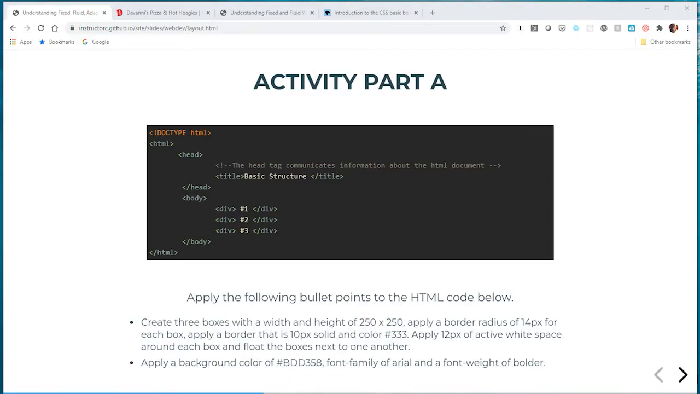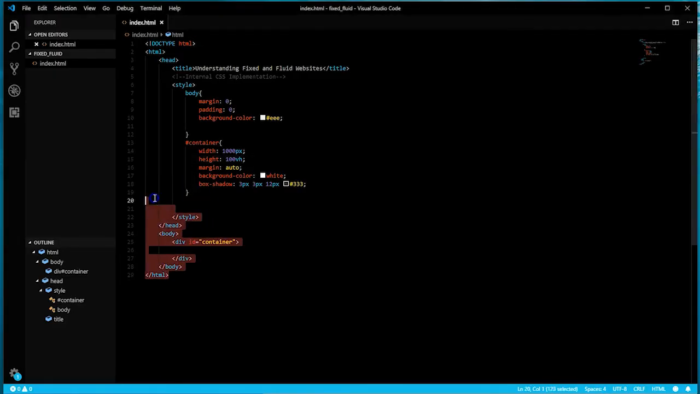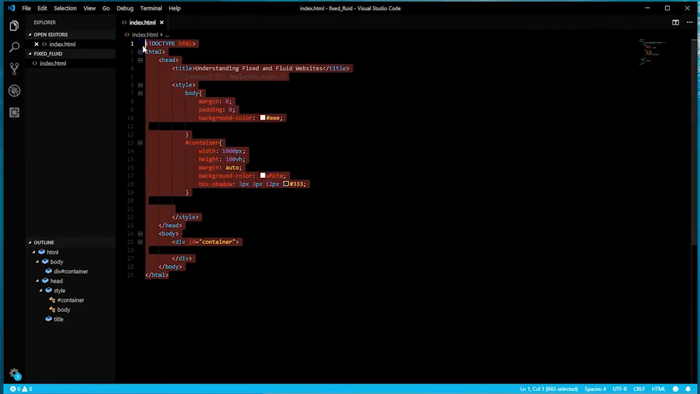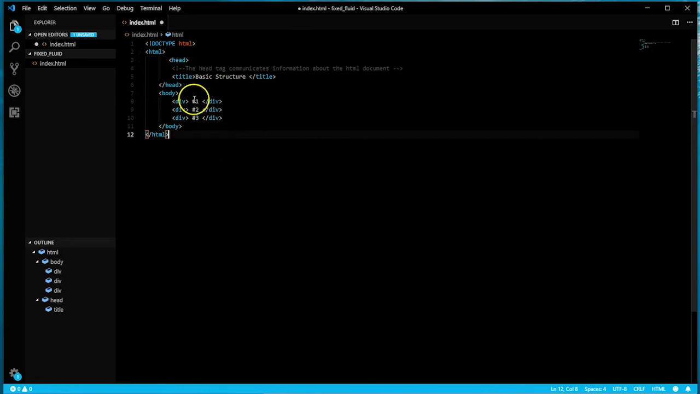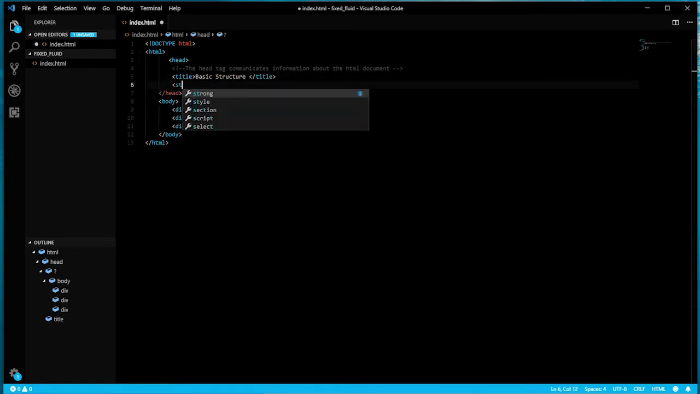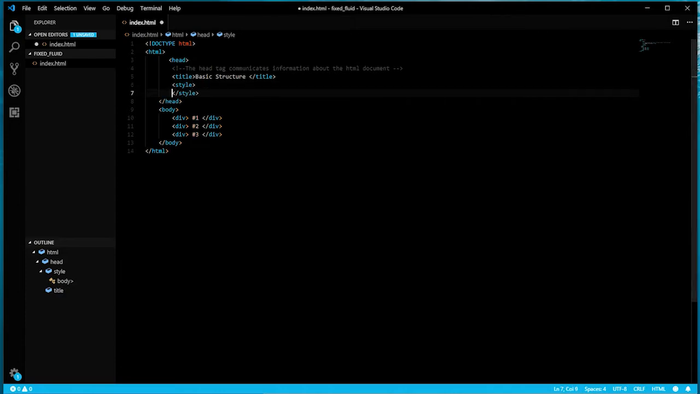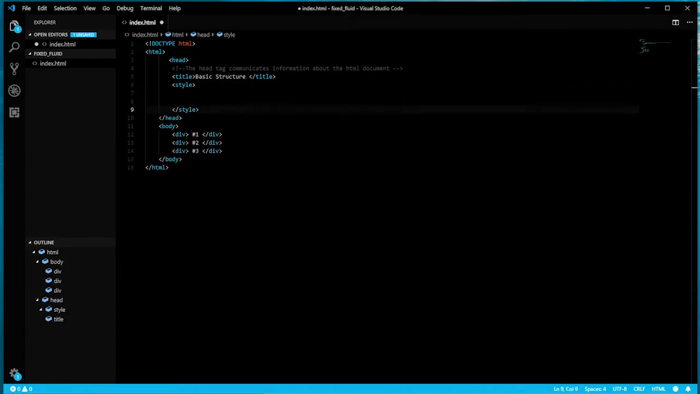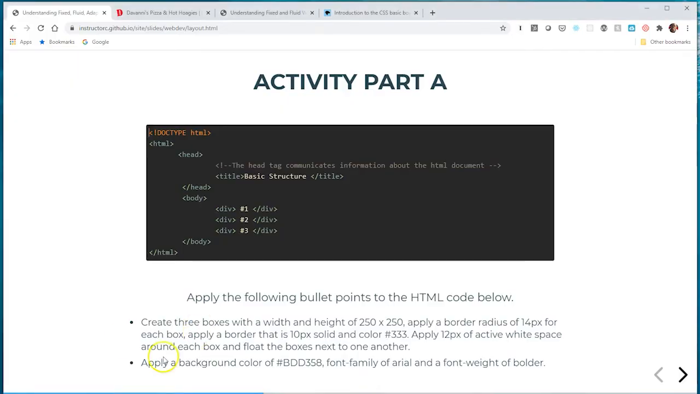All right, so let's go and pull up our editor here. And what I'm going to do is remove some of the code that we have from our previous video, and I'll just paste in the code from this activity. And I'll add in our CSS internally here. So I'll say style. So I'm opening and closing the style tag. And so the first bullet point here is that it wants us to create 3 boxes with a width and